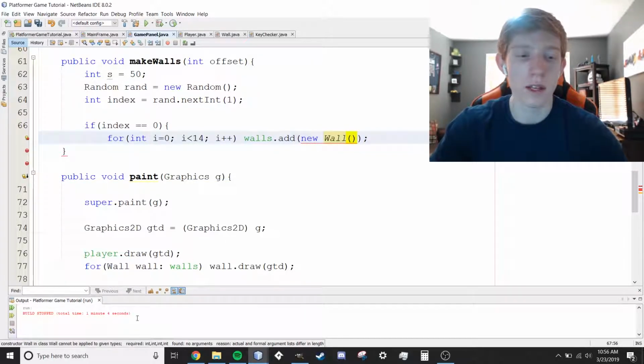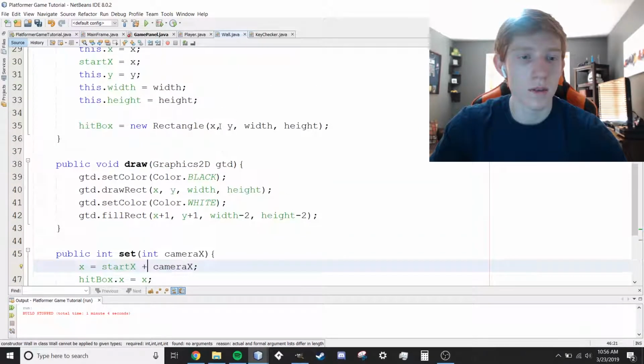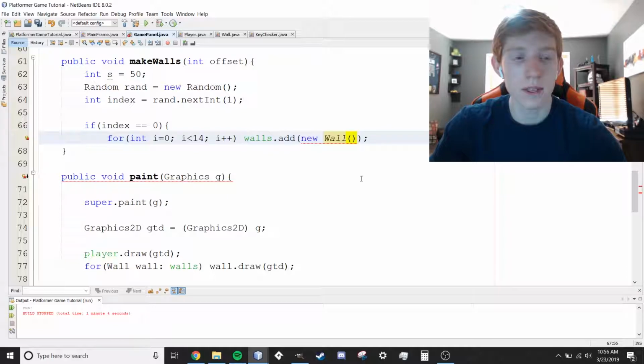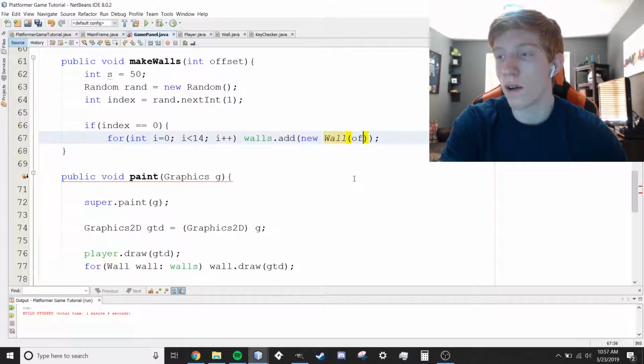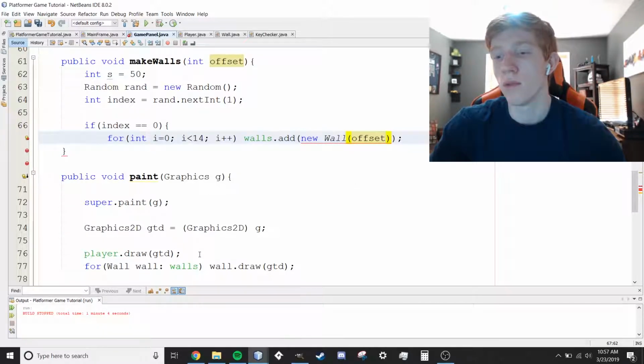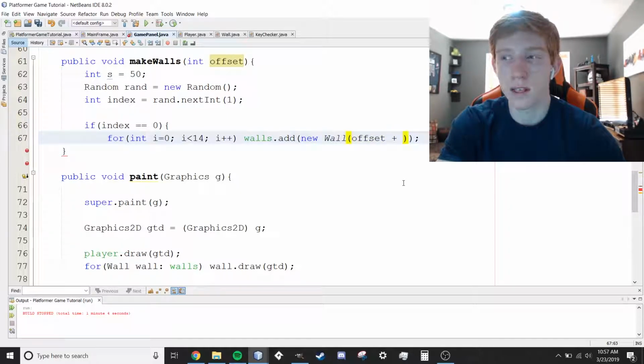and within that wall we're going to pass everything the wall takes in, so x, y, width, and height. So our x position is going to be offset. Offset is just going to make sure that, again, remember when we ran our game, I can't show you right now because I can't run it, but we were starting right on the edge. We want to move it back to the edge of the screen, so offset will fix that. So we're going to say offset, and then we're going to say plus